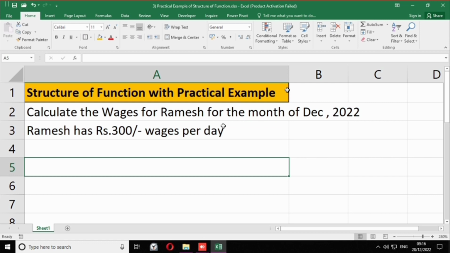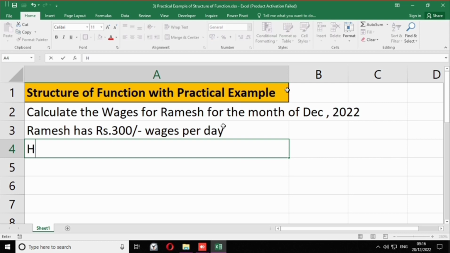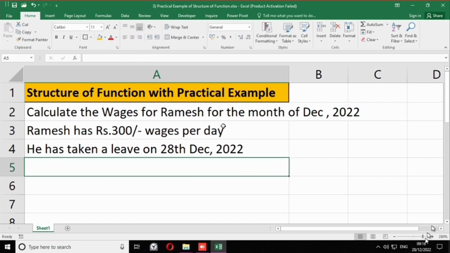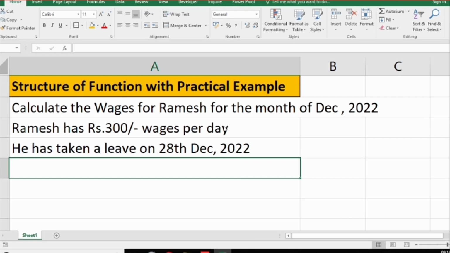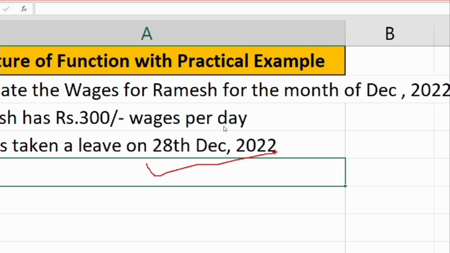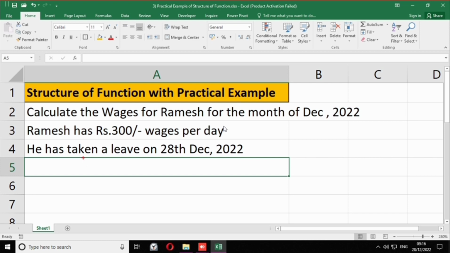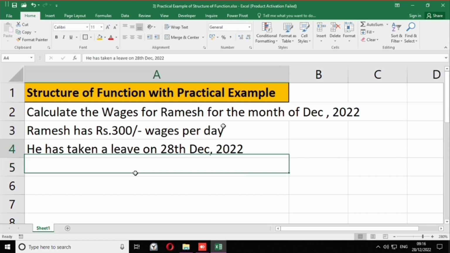Now the second thing is that he has taken a leave on 28th December 2022, maybe due to personal issues or medical issues. So in order to calculate the total wages, what do we need to do here?